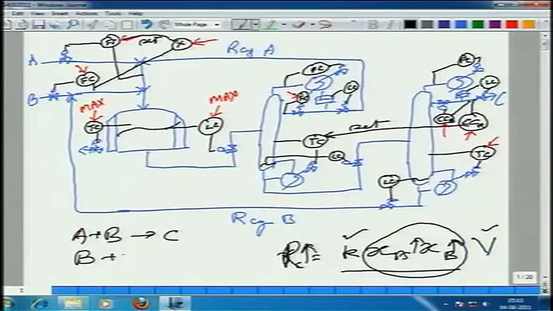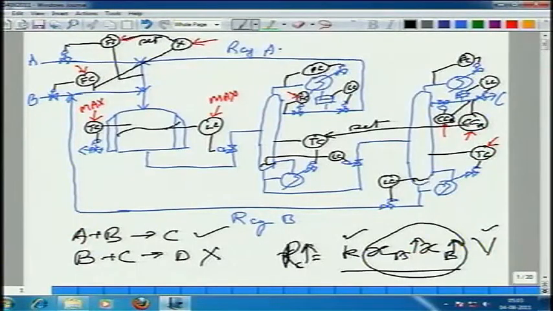Let us say B plus C goes to D. This is your desired product, this is undesirable. How would you manage your reactor? We will keep excess of A. What does that mean about this ratio set point? It should be greater than 1. Of course, it should be greater than probably 2, 2.5, 3, 4. That depends exactly on what the kinetics of the two reactions are, but basically you will not be operating around 1. You will be operating around 2, 3, 4.